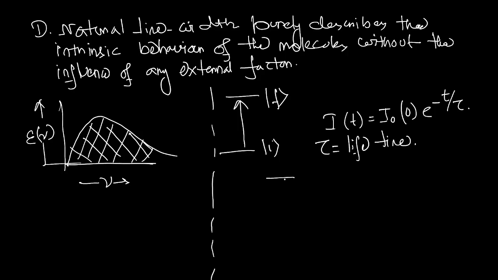Then the natural intensity can be written as a Lorentzian shape. Okay, which is nothing but I max